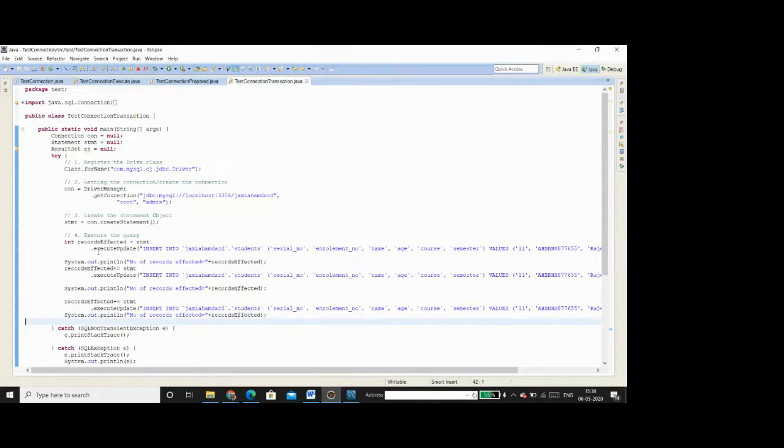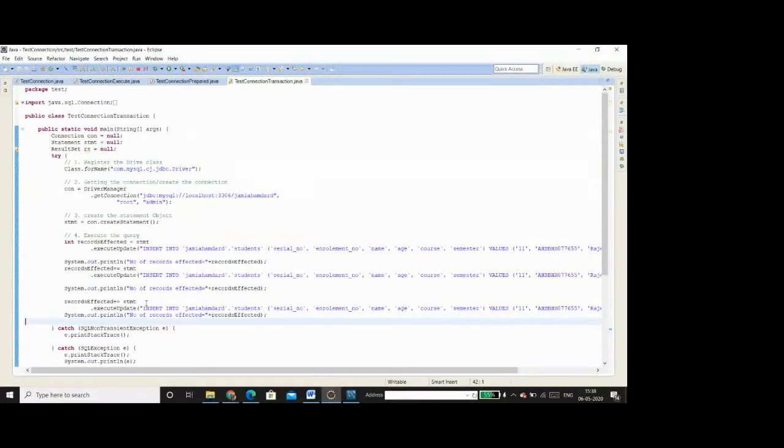So we say that all these statements, say for example here we have got three insert statements, will be said to be in one transaction if either all of them succeed or neither of the three succeeds.